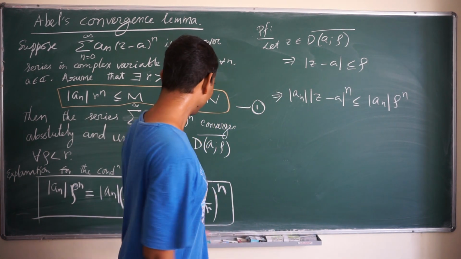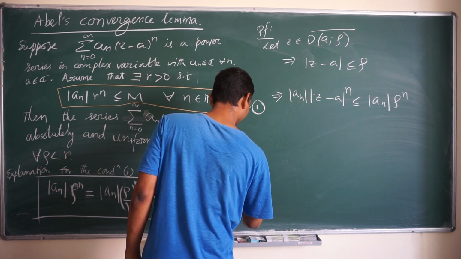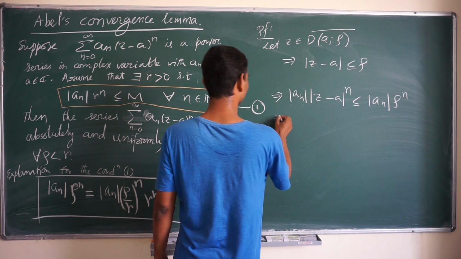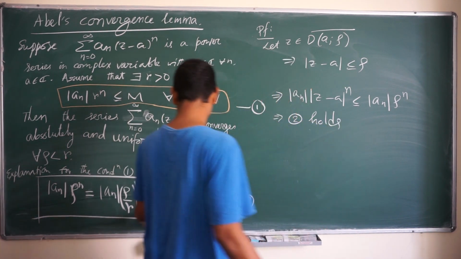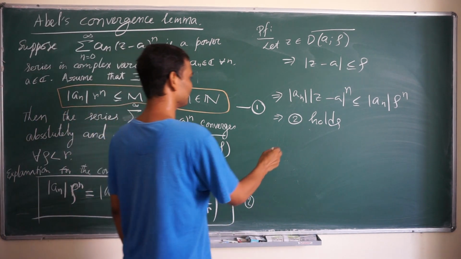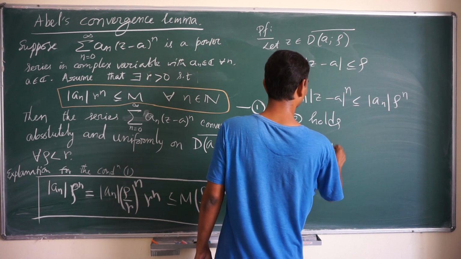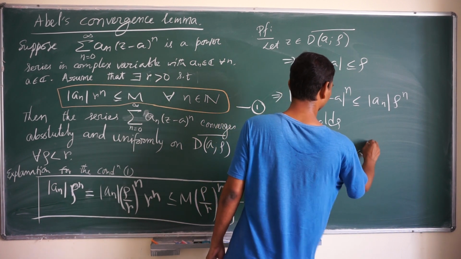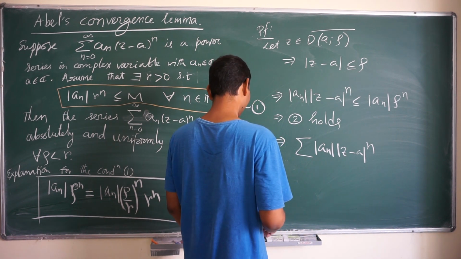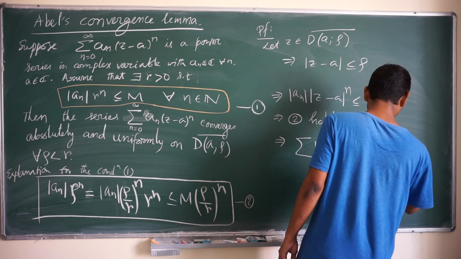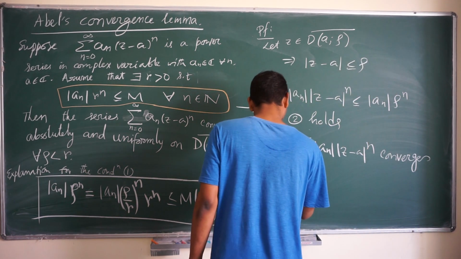Now we apply this, this implies summation mod a_n (z minus a)^n converges absolutely